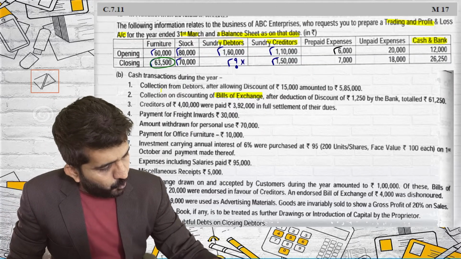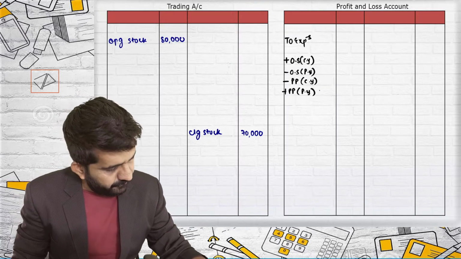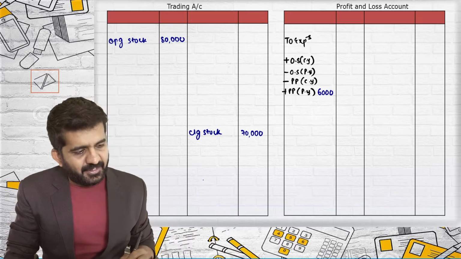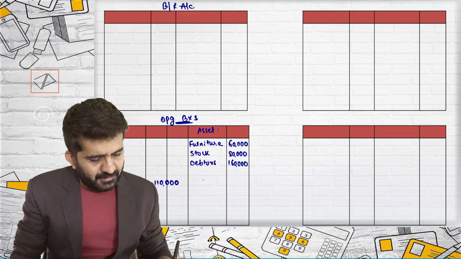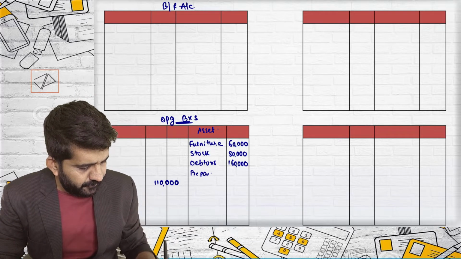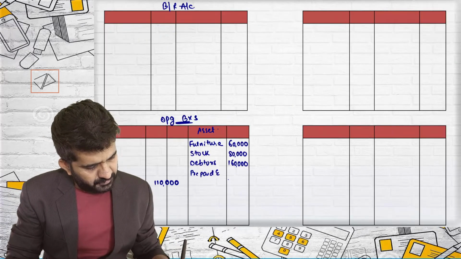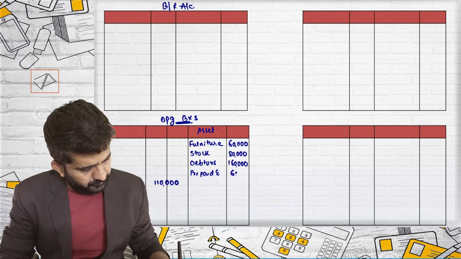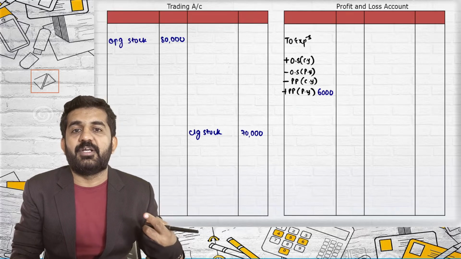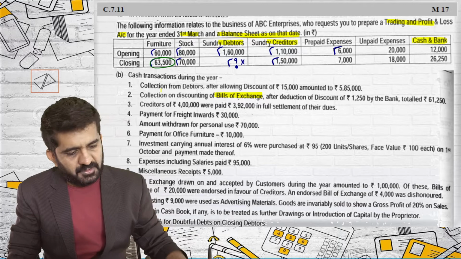Prepaid expenses opening balance 6,000. Prepaid of the previous year 6,000 should be added, which is a debit effect. See another, credit effect. Prepaid is an asset. It is opening, so prepaid expenses is 6,000. Now, in the opening balance sheet, the asset side is a credit effect. P&L account debit side is a debit effect. I can go ahead. I have passed two effects of 6,000 rupees.